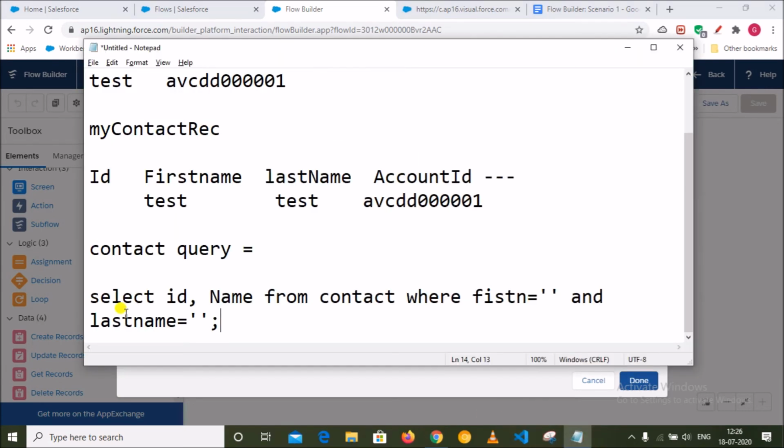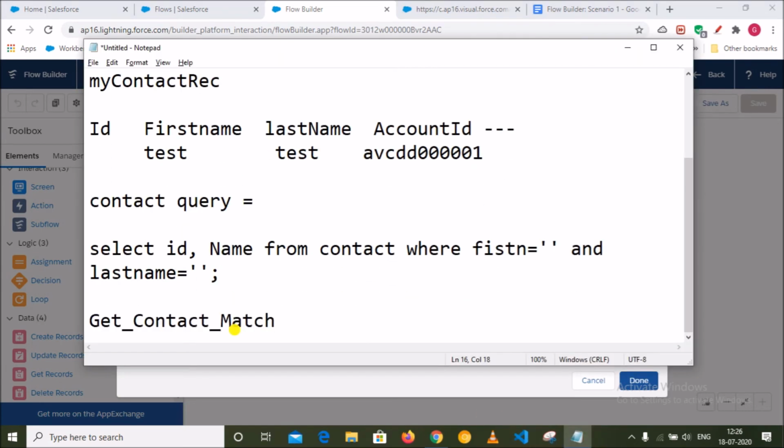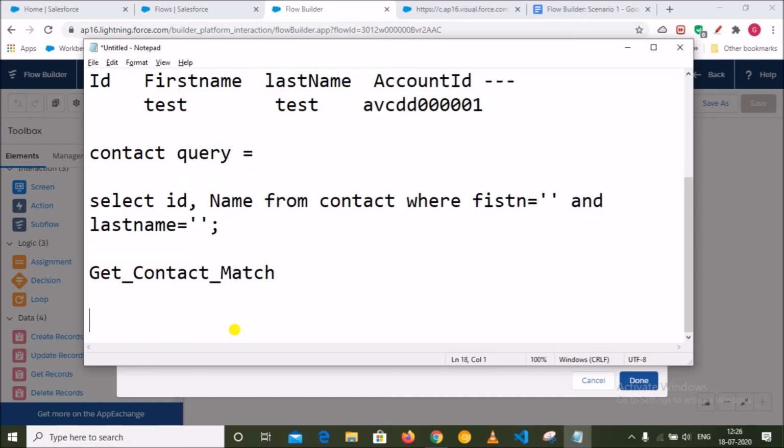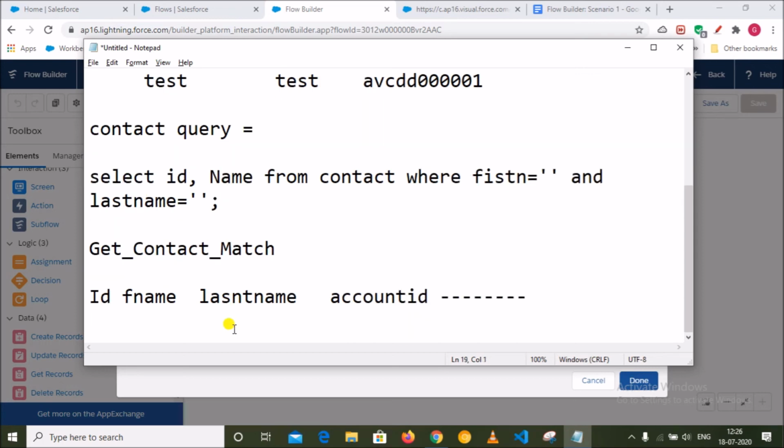Salesforce will create this record, and in this record all fields will be available here: name, first name, last name, account ID, and other information will be stored here. So let's say I am getting some match here, right?